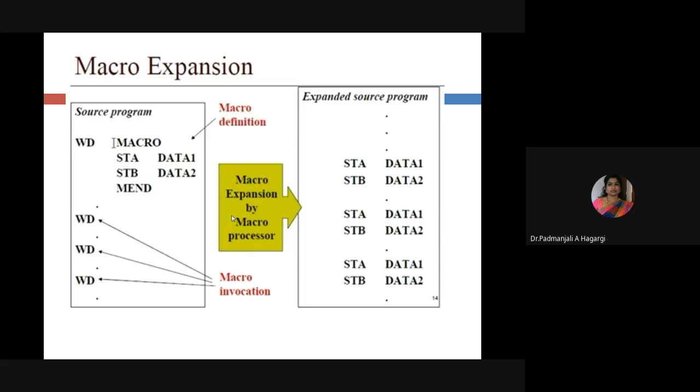So this is called macro expansion by a macro processor. Once a macro is defined, it can be called wherever you want in the program and any number of times. That is what it is told as. For the programmer it is very convenient, because he can add it not only one time but n number of times, wherever it is required.